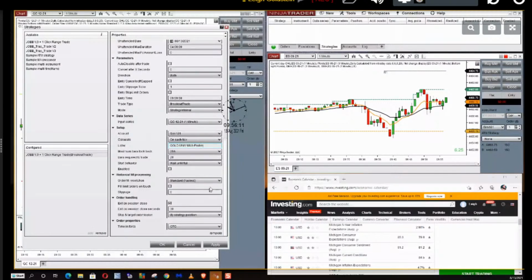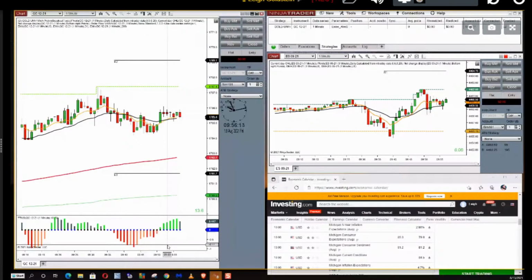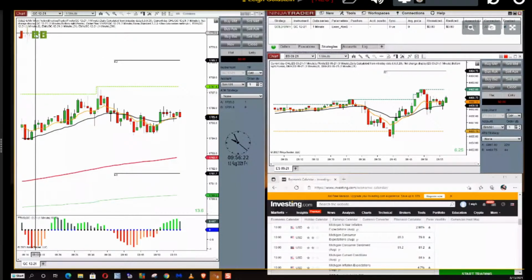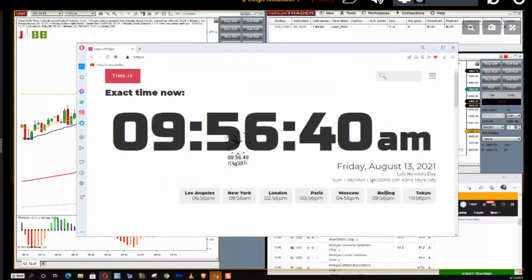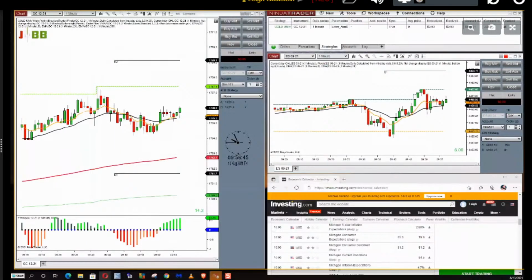You apply it and you okay it. And then in order to get the JOBB icon on your chart, you must enable the strategy. There's the icon. That means that I'm set to go, right? So AJ, why have air conditioning in your car if you don't like air conditioning, right? You get it? I'm going to go to the website time.is to sync my computer, and you see how it actually does that.